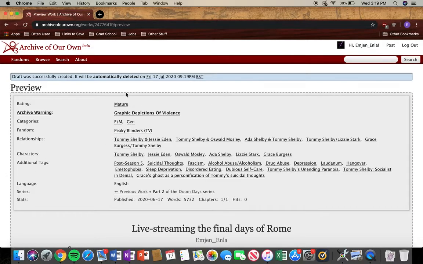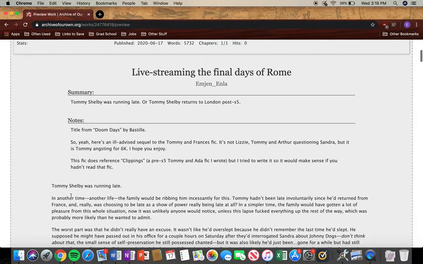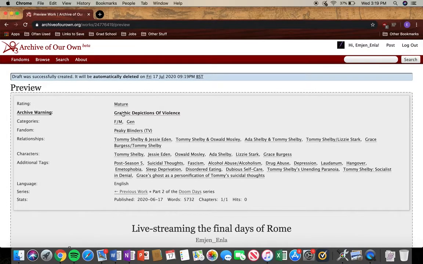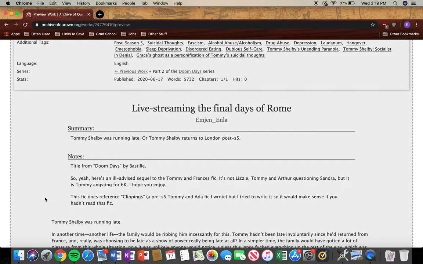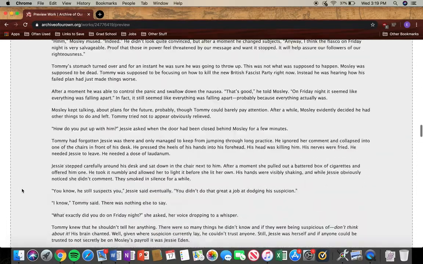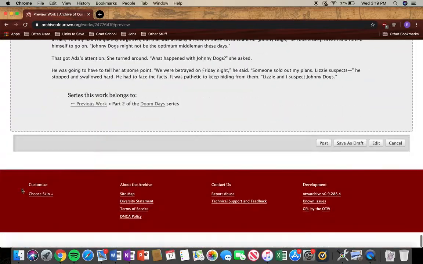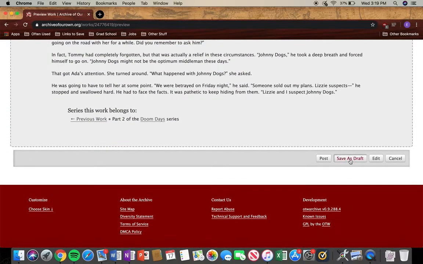So now it'll show up. This is what it basically will look like once you post it. So you have all your different things, make sure they're all correct. And then it's down here. If you like the way it is, then you can either hit save as draft, which will save it and you can come back and work on it. Or you can go back and edit it, which is what you'll do if you wanted to add it to a second series. And then,